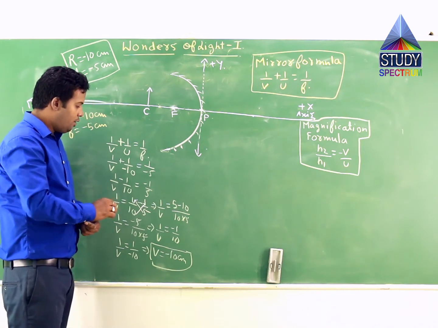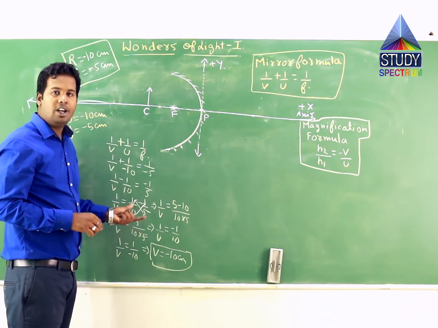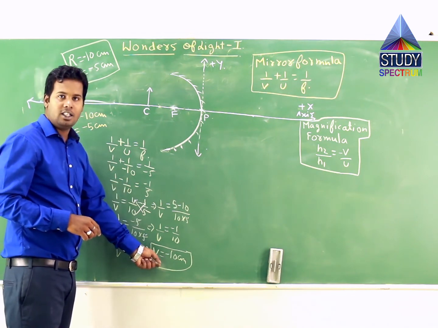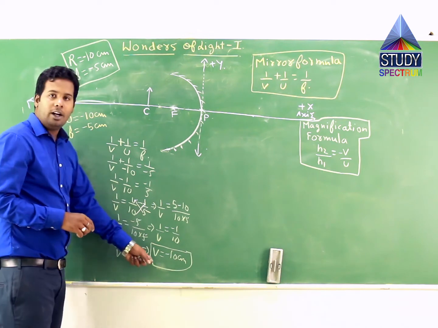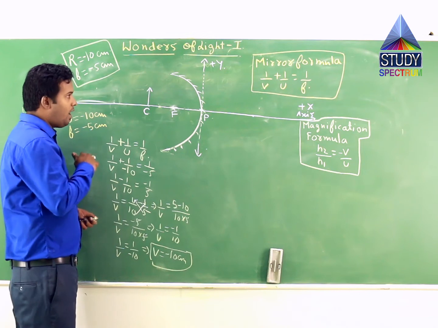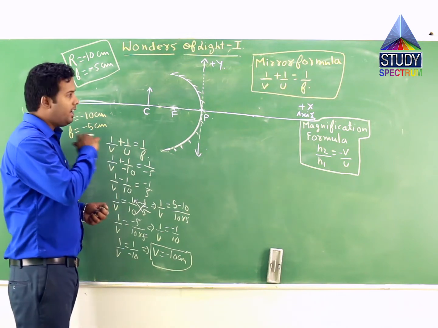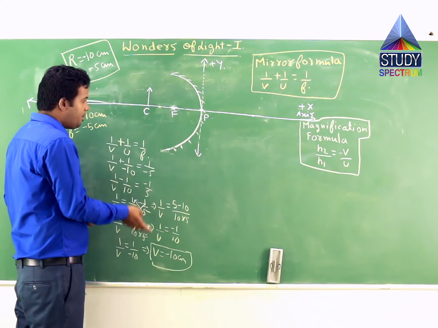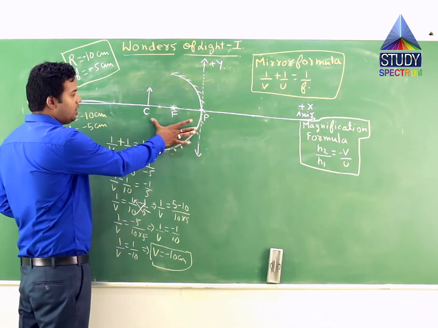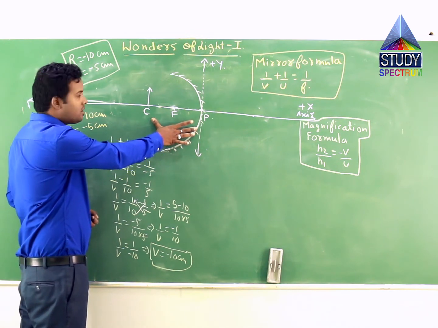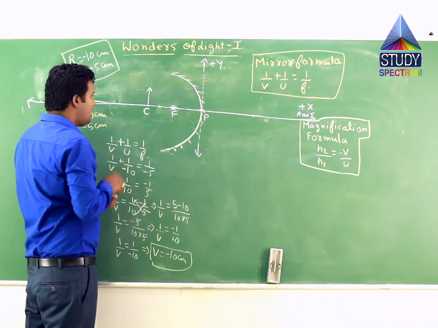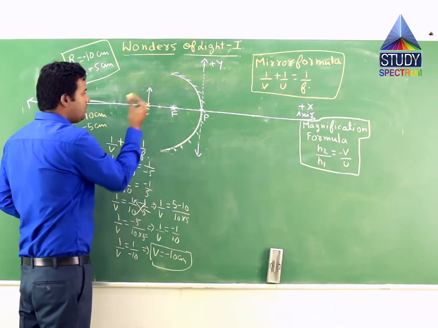Correct? So finally we have found the position where the image in this particular case has been formed, that is minus 10 centimeter. Now let us try to locate this point. See, this is minus 10 and values of V and U are on the x-axis. So if you try to locate minus 10, it comes out to be the center of curvature itself. This value is 10 in magnitude, but since it is on the negative x-axis, this point will be minus 10. It means the image is forming at the center of curvature itself.